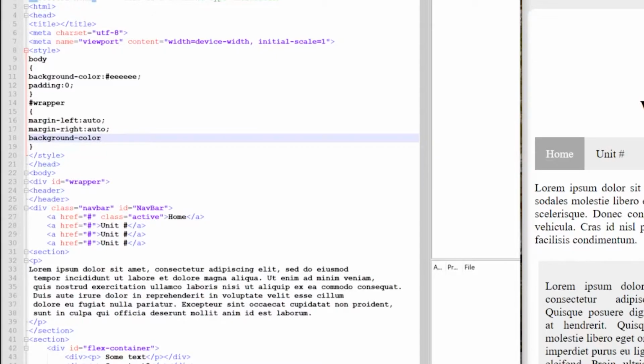Now because this is an element that sits on top of the body, this should allow us to see the difference between the wrapper and the body. So let's add a color to this, and I want my wrapper to be white, as you can see here. So I can put in a hexadecimal color code. The hexadecimal color code for white is hashtag FFFFFF